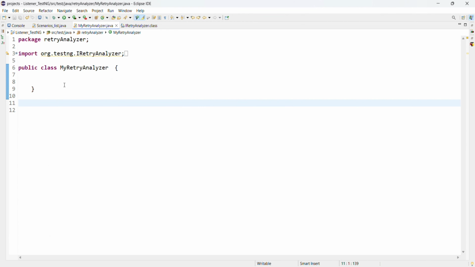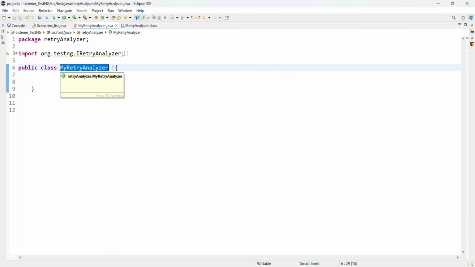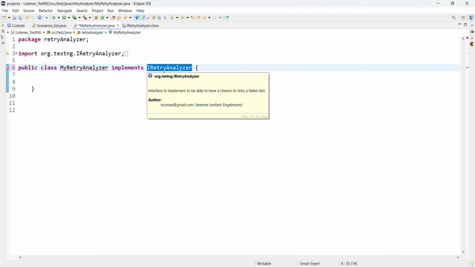So here I have created a class, public class MyRetryAnalyzer. Till now this is what I have created. Let's implement it. IRetryAnalyzer is an interface available in TestNG.